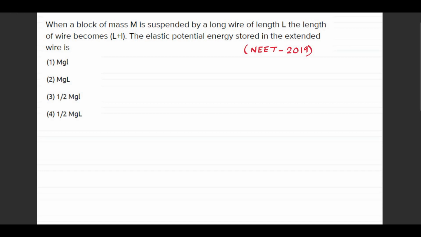Hello everyone. In this video we will discuss some of the previous year questions that were asked in NEET from this chapter of elasticity. Now the first question that we see here, we are talking about a situation like this. And on this wire a mass m is hanged. So the situation is something like this. This wire is stretched under the effect of this tension, right?